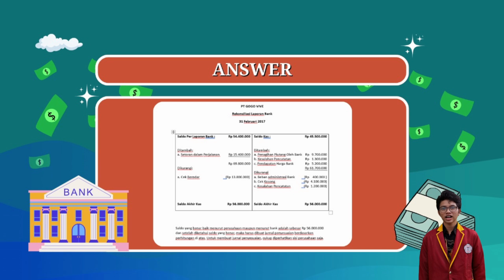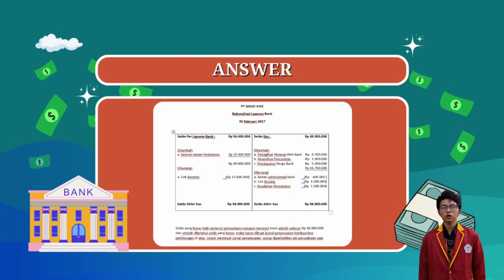2. Meanwhile, the BSI bank statement shows PT KDEC A's cash balance as 54,400,000 Indonesian rupiah, recorded in the bank column as 54.4 million Indonesian rupiah. 3. A deposit of 15,400,000 Indonesian rupiah has not yet been recorded in the BSI bank statement. Recorded in the bank's column as 15.4 million Indonesian rupiah. 4. In January, PT Haydn paid receivables of 7,800,000 Indonesian rupiah, recorded as 2,600,000 Indonesian rupiah by PT Gogo Vive's accountant. Record the additional 5.2 million Indonesian rupiah in the bank's column.